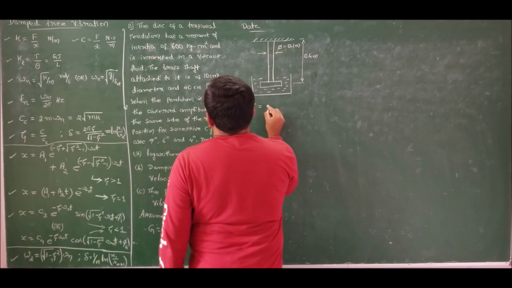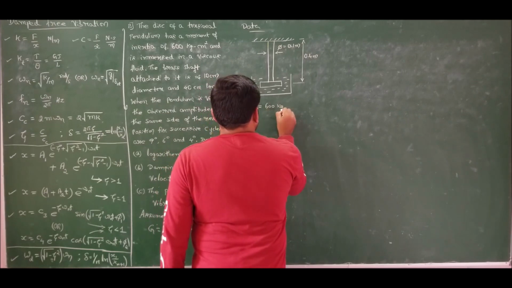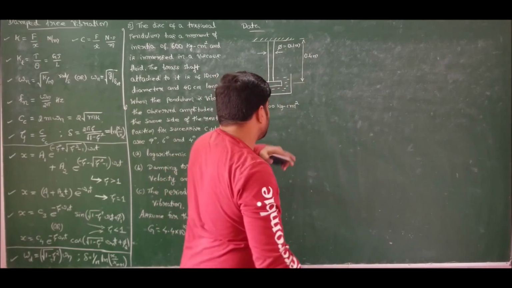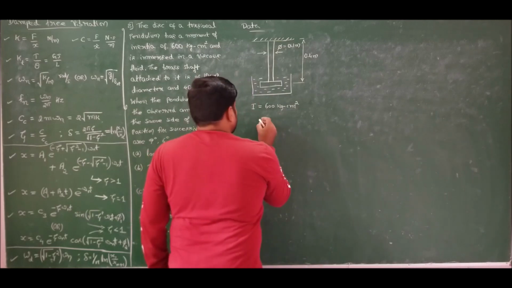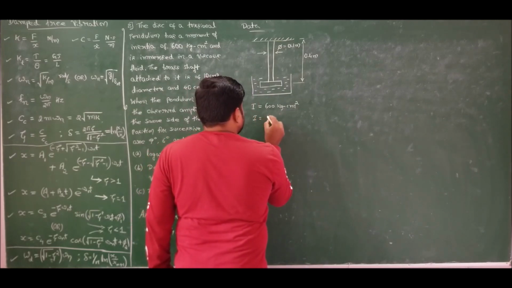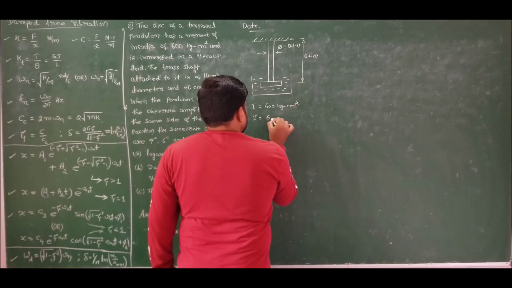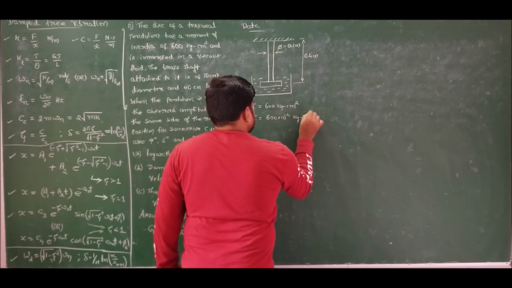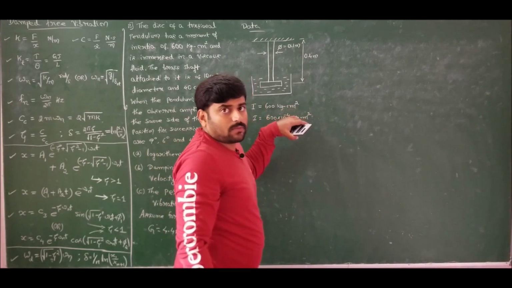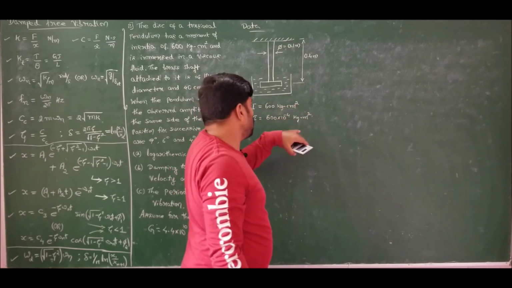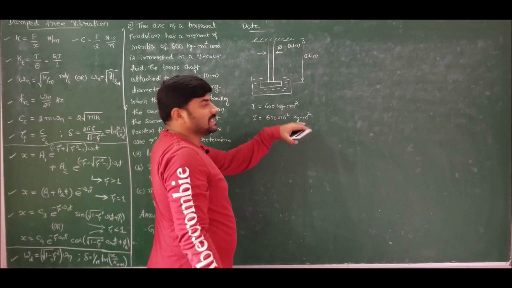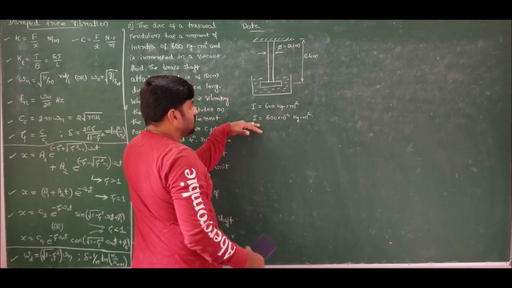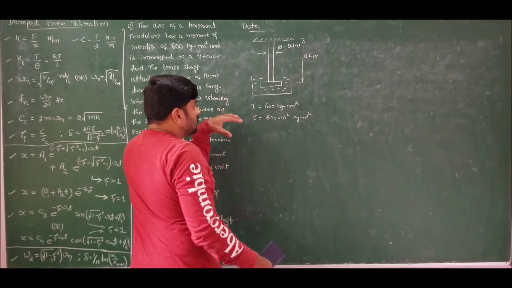and moment of inertia is 600 kg centimeter square, but we should always use kg meter square. So therefore convert this into meter. If I convert this into meter, I will get I is equal to 600 into 10 to the power of minus 4 kg meter square. Correct? Centi stands for 10 to the power of minus 2. Minus 2 whole square is 10 to the power of minus 4. So 600 into 10 to the power of minus 4 kg meter square is the mass moment of inertia. This is not area moment of inertia, this is mass moment of inertia,